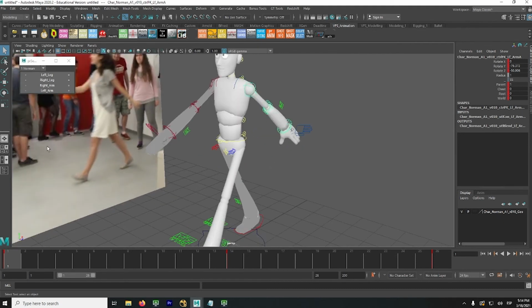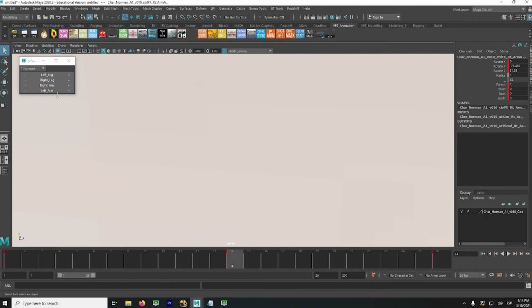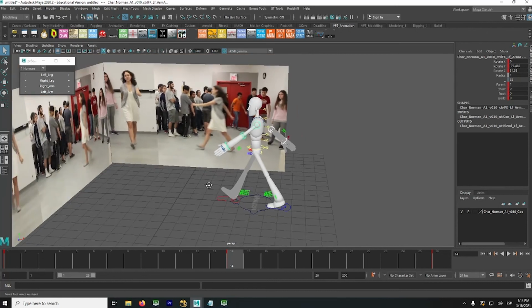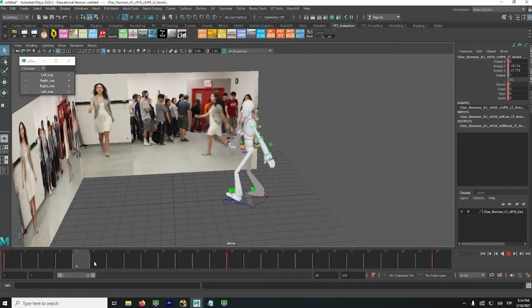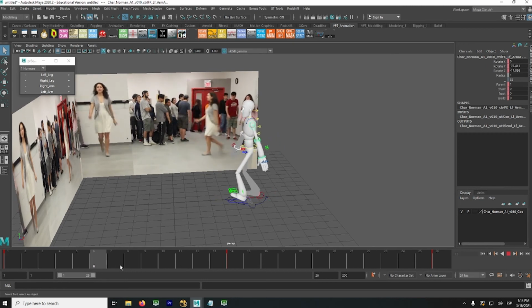So what I can do, again, frame 1, left arm, right arm, copy, go to frame 14, or whatever frame is your other contact pose. And then you can do right arm, left arm, paste. And there we go. It looks so funny like that. You want to create the next